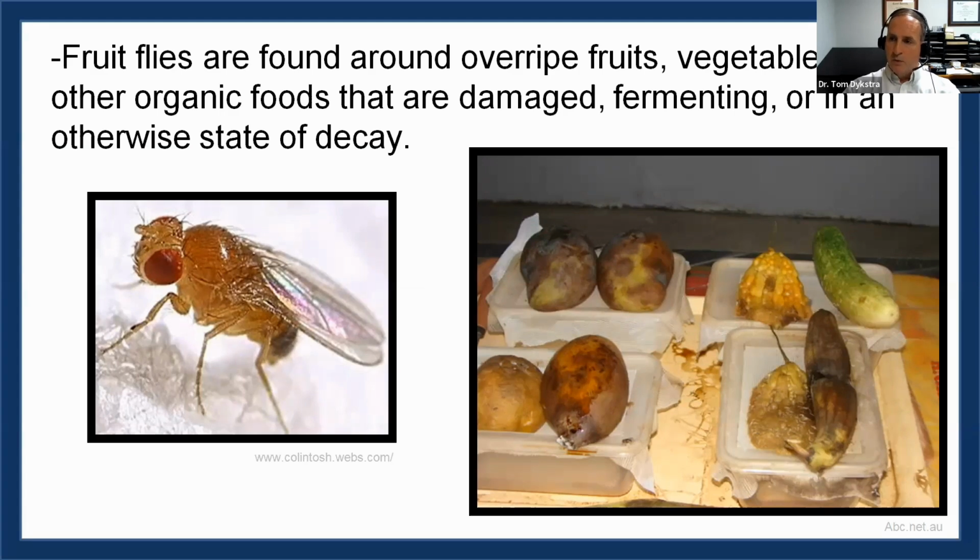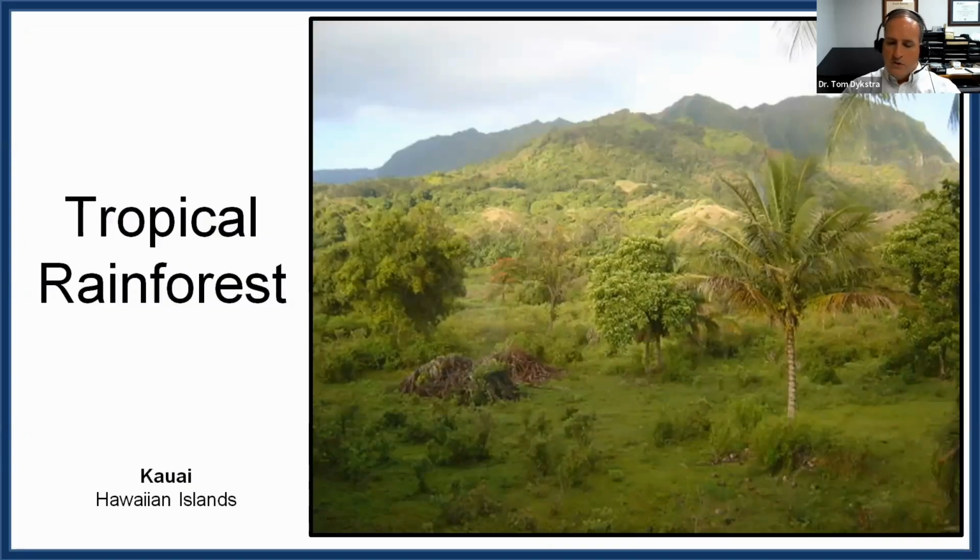There are some cases where it will look like they're actually going after healthy food, but a quick test will tell you that it's not. So here is food right now, which is more likely to attract Drosophila than food that actually looks good. So we see a lot of damaged fruit. There's going to be an odor coming from them, and these will attract Drosophila. We should be able to know this.